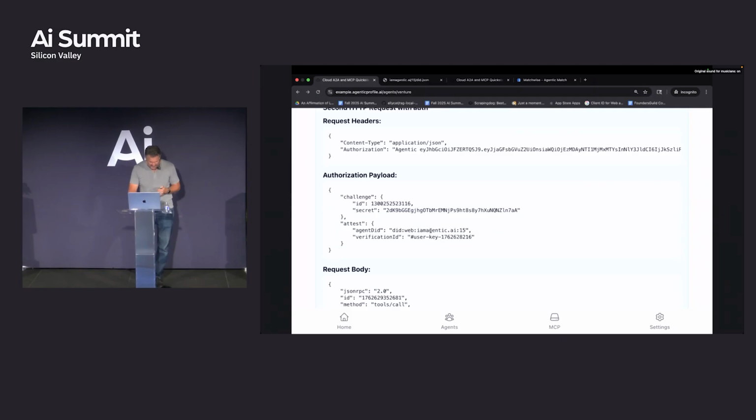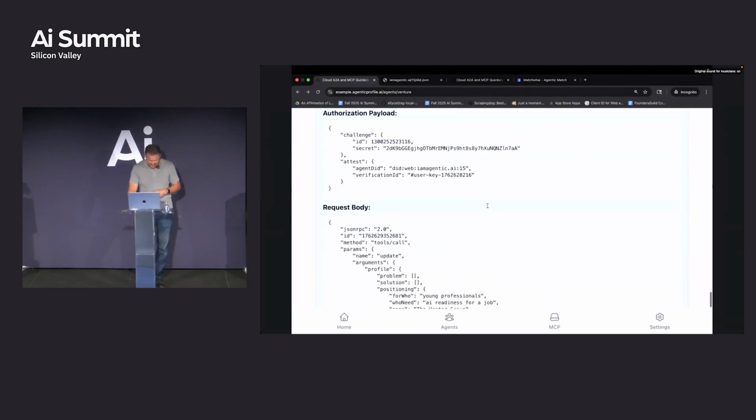What's interesting is that it's not authenticating as a specific agent. It's authenticating as me as a whole individual. And it's saying, use this verification ID. We go back to the keys we were using way before, and somewhere in my DID document is this user key with this big long number on it. So when the server cracks this open, it says, let's see, he says he's this guy. Let's go across the wire, grab that DID document, open it up, and find the public key. Let's make sure I can verify the signature with that public key on the authorization response that was given back.